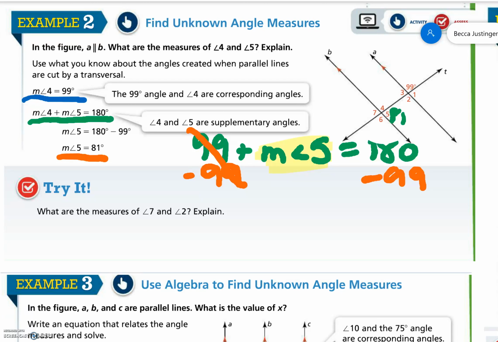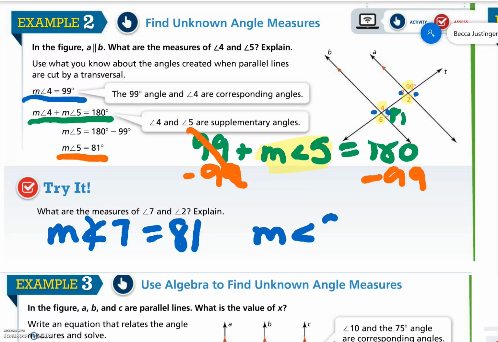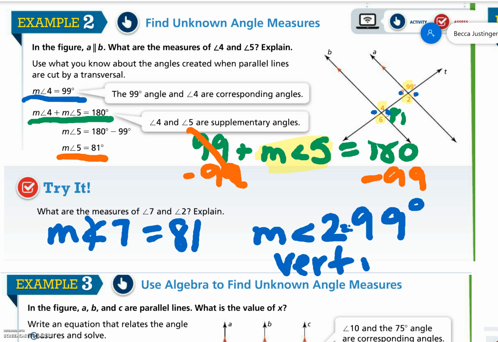We already found out that 5 is 81. We know that 2, 4, 6 are all 99. That means that 5, 7, 1, and 3 are all 81. So the measure of angle 7 is equal to 81, and the measure of angle 2 is equal to 99. Now the explanation is that the measure of angle 2 is a vertical angle,